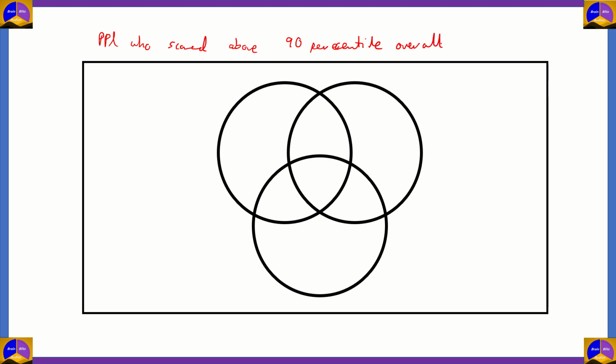Now, when we talk about overall in the context of the test, that means all of their marks put together. The number of marks they scored in all three subjects put together is more than 90 percentile. So